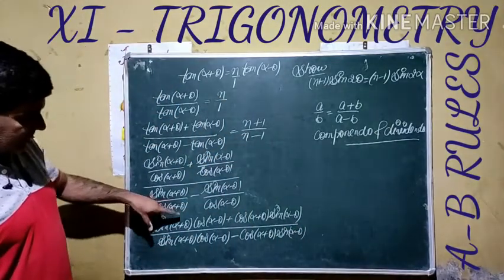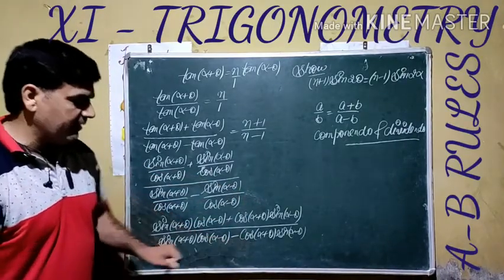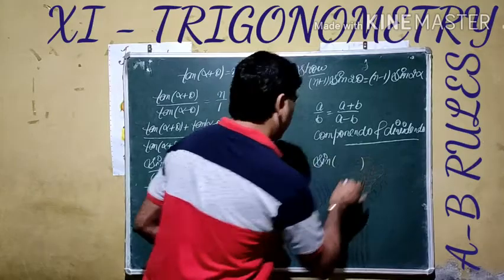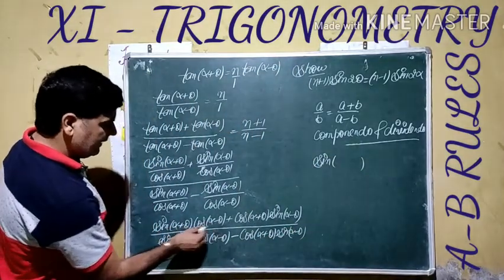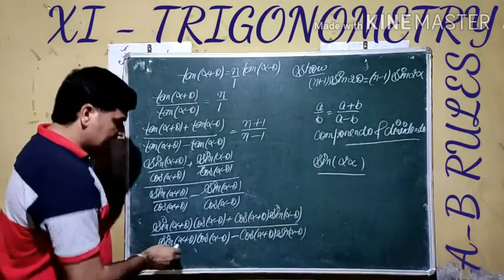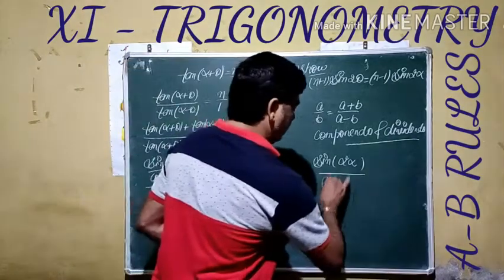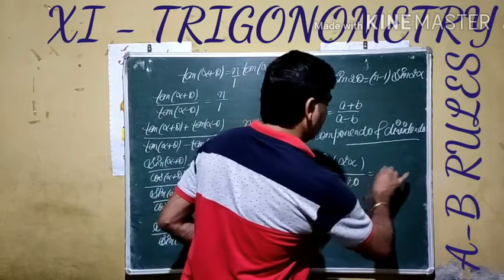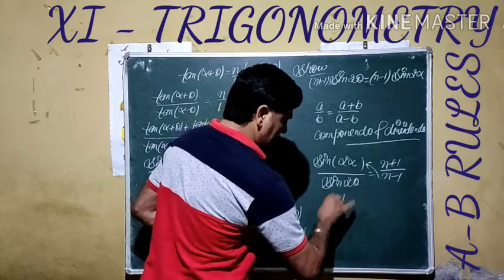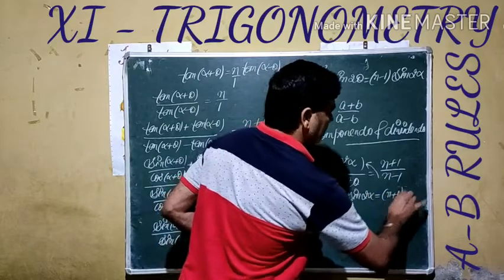If you see here, it is like sin A cos B plus cos A sin B, and downside sin A cos B minus cos A sin B. If you apply the identities, we get sin(A plus B). If we add here, A plus B means the sum of these two angles: theta, theta cancel out, alpha plus alpha becomes 2 alpha. In the downside, sin(A minus B): on subtracting, alpha cancels out, theta becomes double, sin 2 theta. And our right side is n plus 1 divided by n minus 1. If we cross multiply here, we get (n minus 1) sin 2 alpha is equal to (n plus 1) sin 2 theta.